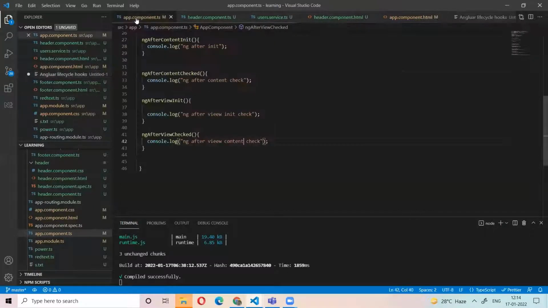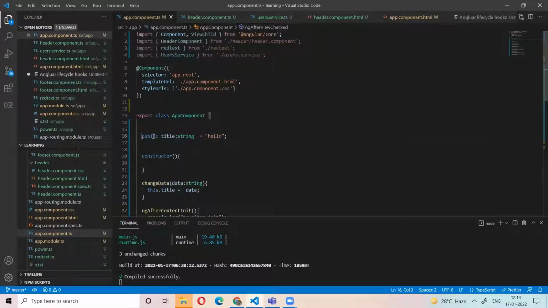At that time, for example, we already have the data here. This variable is there, right? So when the component is loaded, this variable takes some memory. If I click any link, I'm loading another component. This component will be gone, but still the data is in memory. We are not using that component now, but still the data is in the memory.